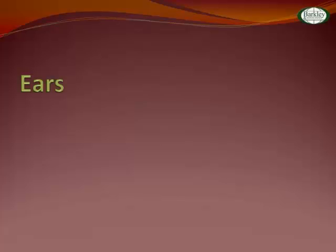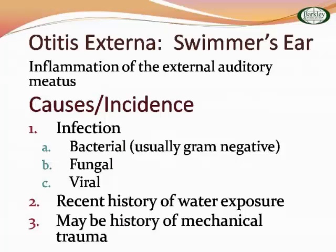So we're going to kind of come out of eyes and we're going to go into ears. And you know we're going to start off with otitis externa, swimmer's ear. The external auditory meatus is inflamed. What causes it? Could be infections such as bacterial, fungal, or viral. Fungal, usually you're going to have a little bit of an odor, and the ear canal is going to have,